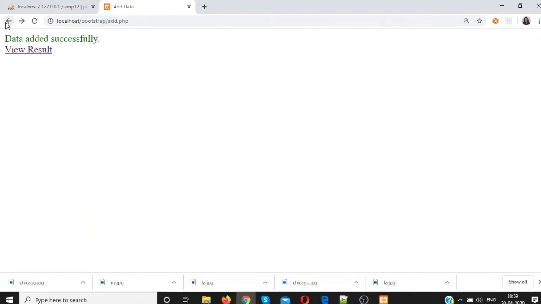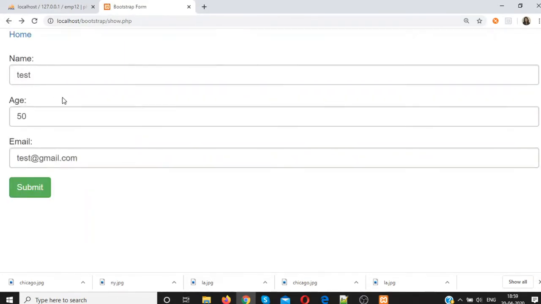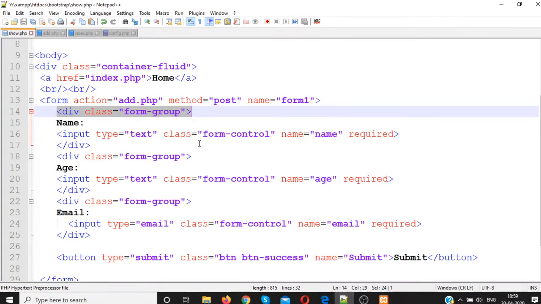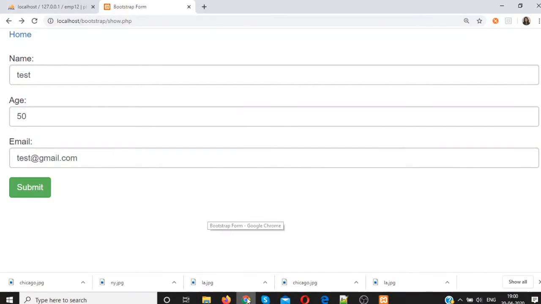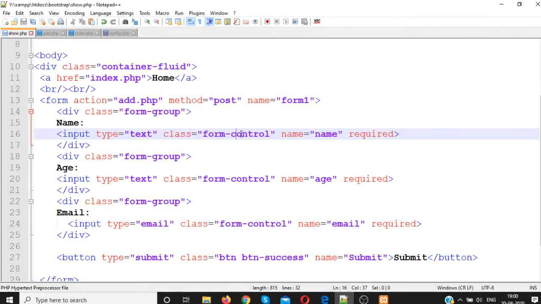After this text you are getting this text box, then after some space we are getting a different text and its text box. Just for that we use this form-group. This class input text is taken here. Then class form-control, why do we use form-control? Just to apply the CSS. If you don't use form-control, it will give a simple text box like an HTML text box. Here we are getting a text box with the predefined CSS of Bootstrap. That's why you need to add this form-control.